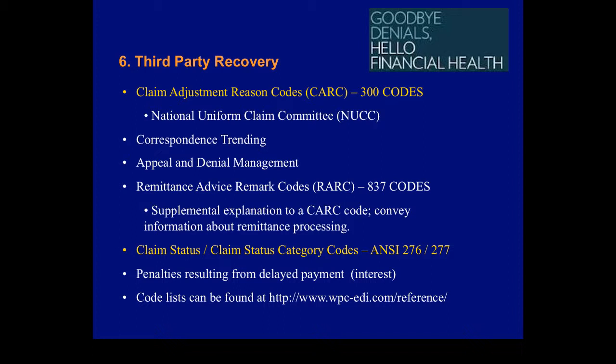What's going on with the rest of the 5? And then you ping them, which is a 276 request, and then Aetna has to send back one of like 500-600 responses that are going to say, here's the status of what's going on with that claim. If you don't have that pinging option set up with your clearinghouse and into your system, you're likely going to